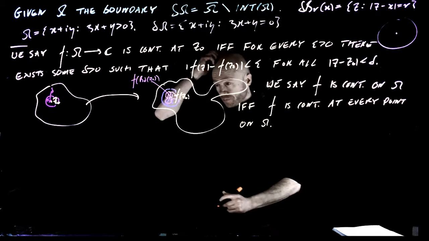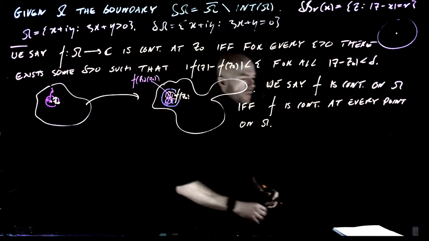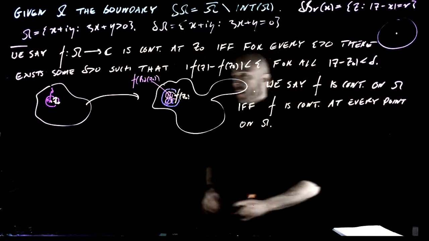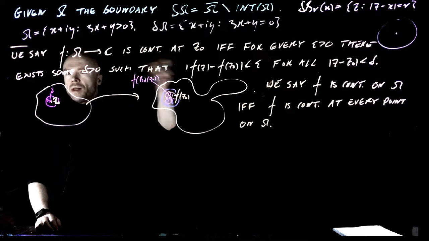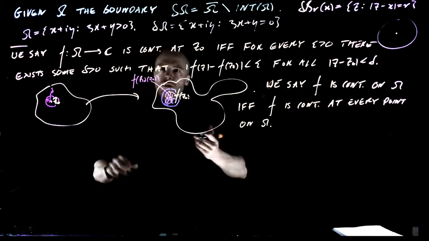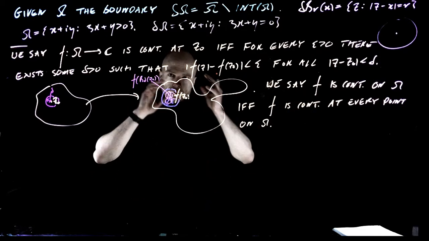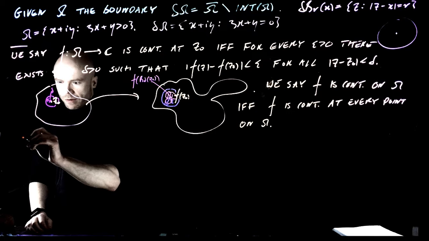Okay, cool. All right, so that's continuity. This stuff is the same as you would do in any metric space. This doesn't use any properties of the complex numbers that are specific to the complex numbers yet. Let's just state a theorem